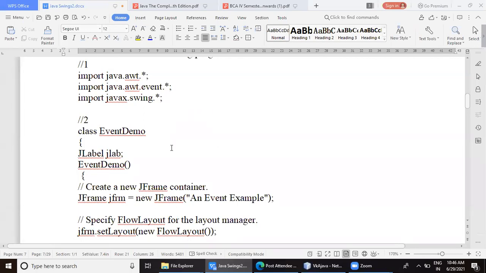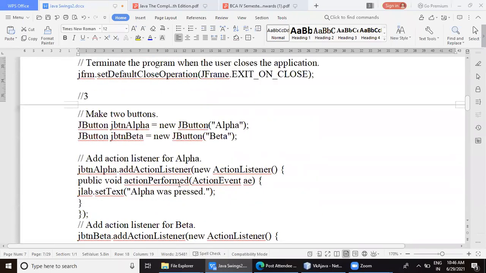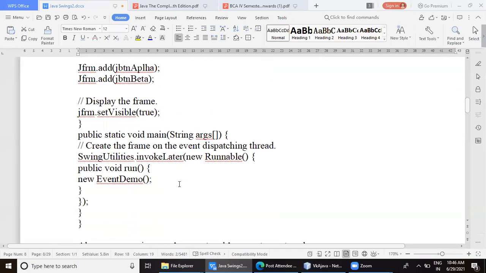Now, with respect to Swing, what is the difference between AWT and Swing? In execution and in writing the program, the only thing is we will have to import the swing package and use swing components, which start with the alphabet J. Other things will be the same. First, let us see what output we are trying to generate through this program.